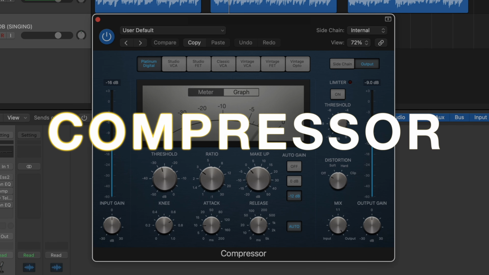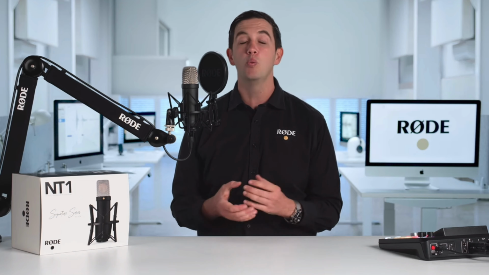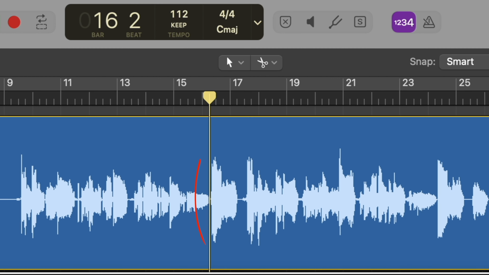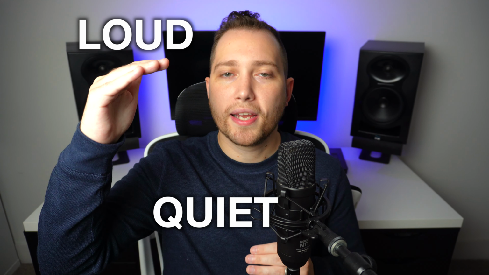Next, we're going to use a compressor. And if you're unfamiliar with compression, all it is, is a tool that we use to minimize the dynamics in audio. Naturally, when we talk, and especially when we sing, you're going to notice that certain parts of a recording may be much louder than others. And what a compressor does is grab the loudest and quietest parts, bring them closer together to give you a more even and